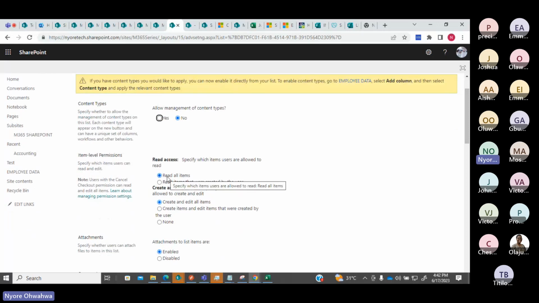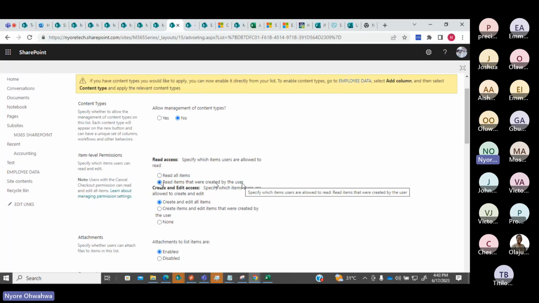It is set to read all items, but the moment I change it to read items that were created by user, once I share this list with everybody, everybody will fill this particular list, but you filling the list, you will be able to see only what you have created in that list. You won't be able to see what other users have filled, right?